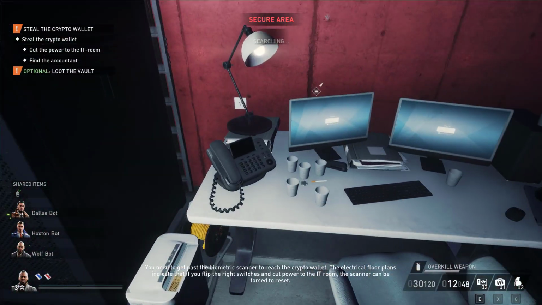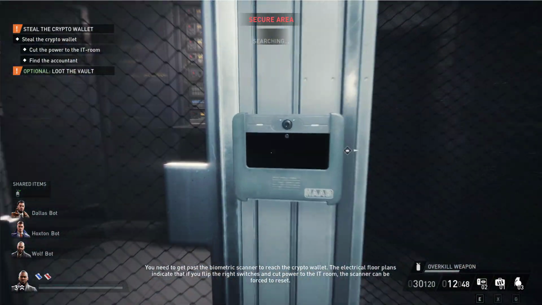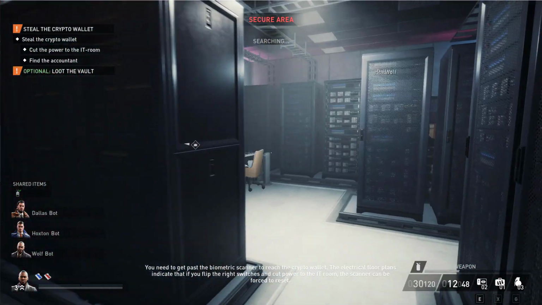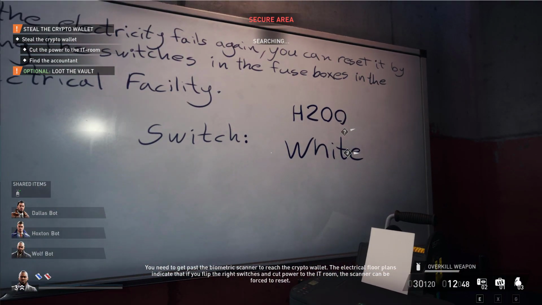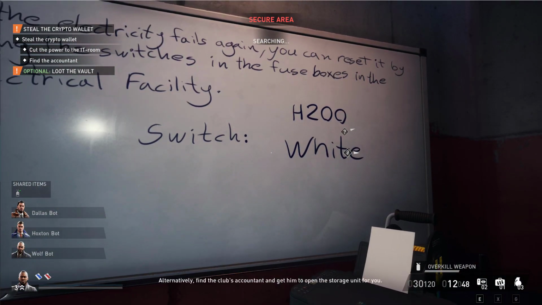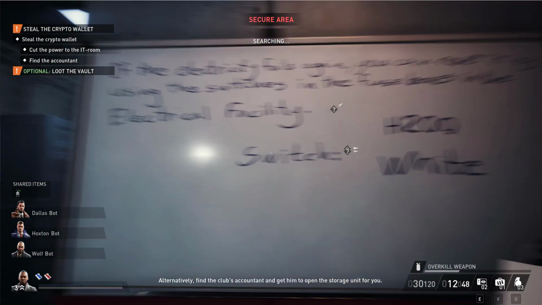Now we're here. You need to get past the biometric scanner to reach the crypto wallet. The electrical floor plans indicate that if you flip the right switches and cut power to the next room, the scanner can be forced to reset from here. Alternatively, find the club's accountant and get him to open the storage unit for you. So